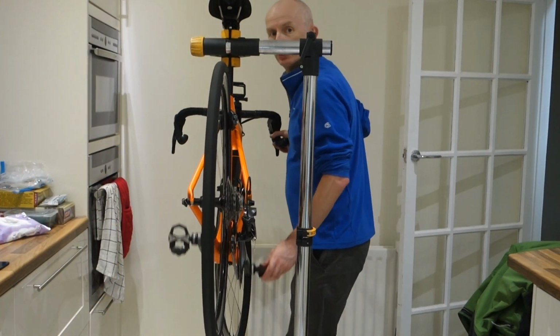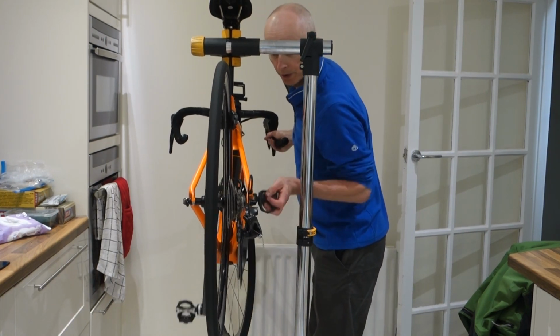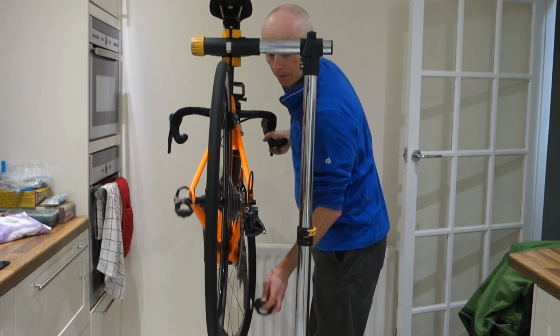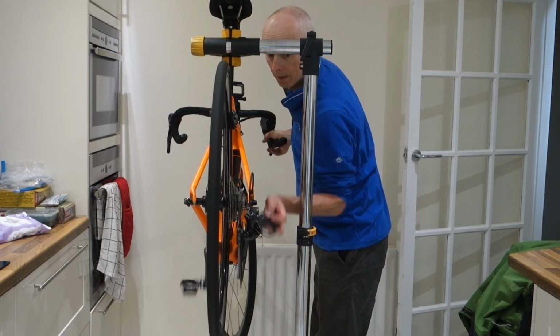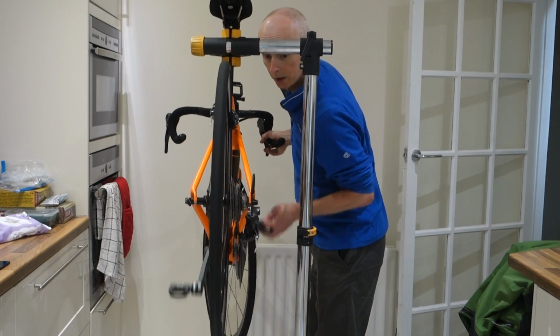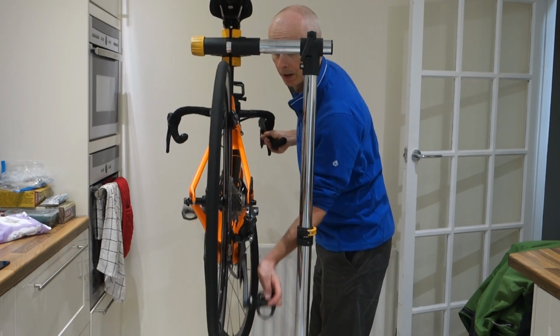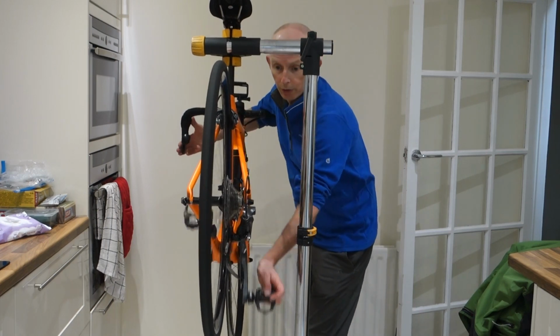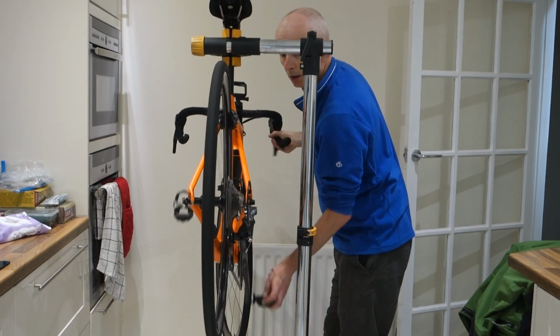There we go, just to change the camera on the battery, but now, after much faffing, it's working. It's working on the little ring, and